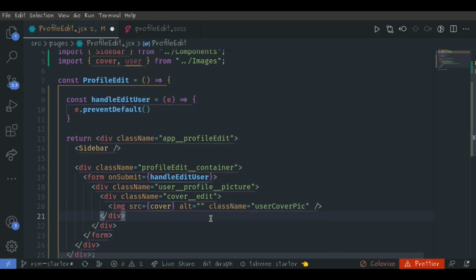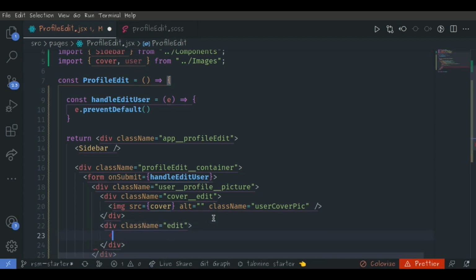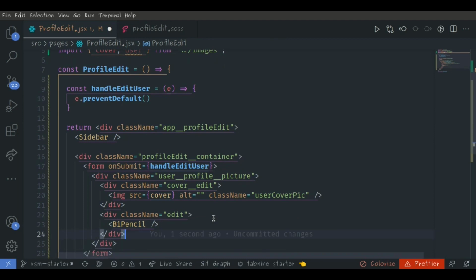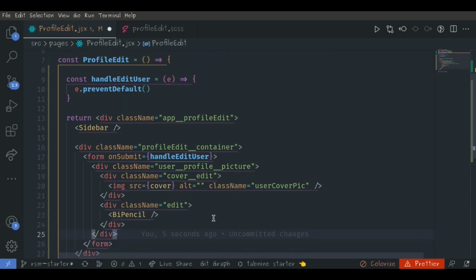Then outside of this div, we are going to have a div with a class of edit, which is going to say the bi pencil. And also outside of this edit div, we are going to go out of this div here, and we are going to have another div which is going to be for the